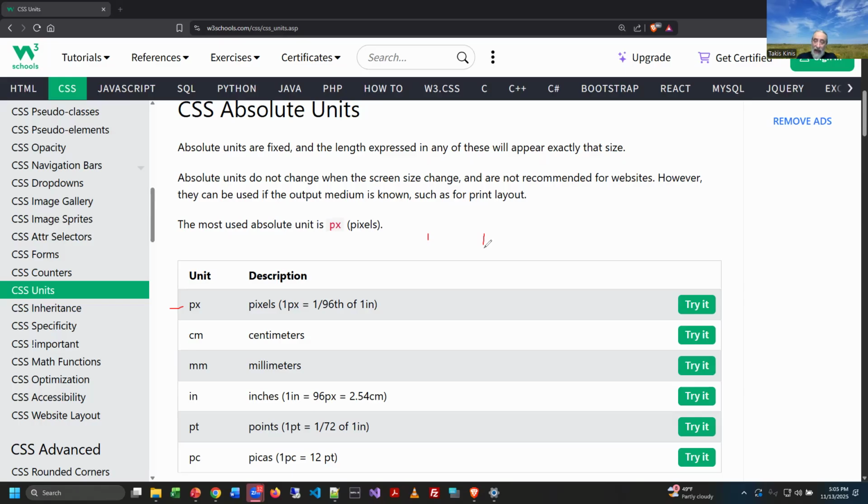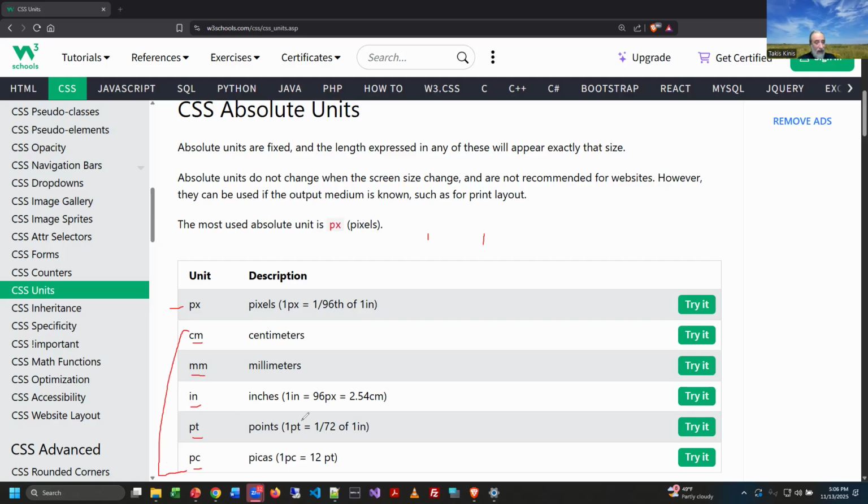However, I can have a screen that has this resolution, like the screen next to me. This is a 17-inch screen in front of me. The one next to me is 27. They're both set for 1920 by 1080. So really, it doesn't equate to an inch. On one screen it might be an inch, and on the other one it might be an inch and a half, right? So that's why, when we have these other measures, centimeters, millimeters, inches, points, and picas,